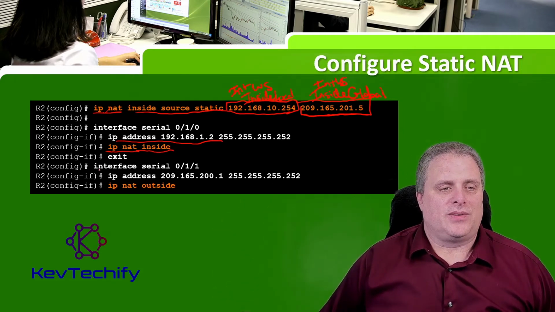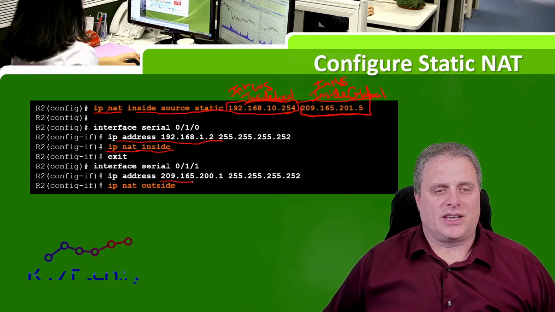The outside interface, we go into the interface here of serial 0/1/1. Look at the IP address. We set it up. That's at